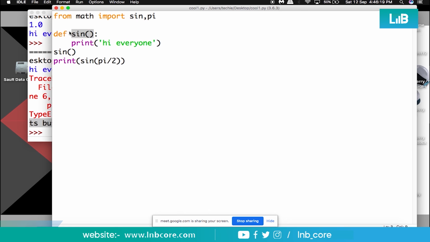Understood now? The second has got priority, but because both functions create ambiguity, here you are using this sine for mathematical operations, and here you are using the sine function for this particular print statement. That's why this ambiguity will arise. What if we use asterisk, like importing all the functions? Same error. It will create the same issues.